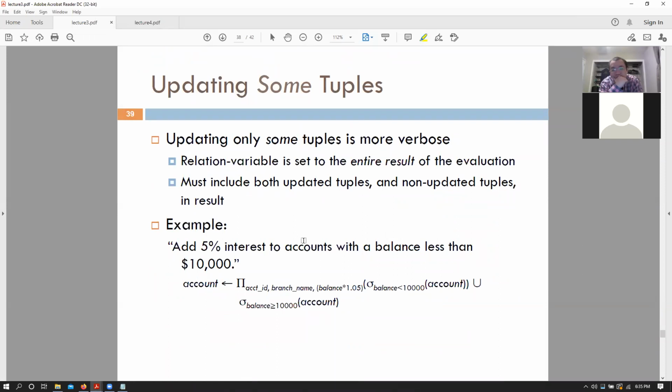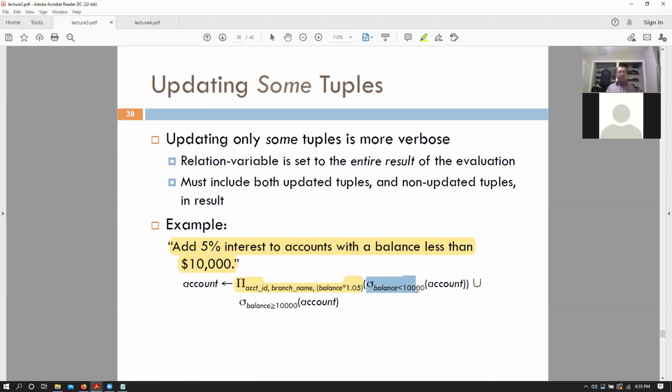Let's say that we want to update some tuples in our relation, but not all of those tuples. So a tuple is a row, right? So we want to add 5% interest to accounts with a balance less than 10,000, and everything else remains the same. So for that, we have project account ID, branch name, balance times 1.05.